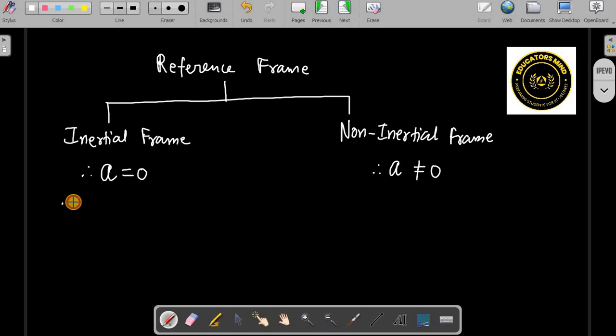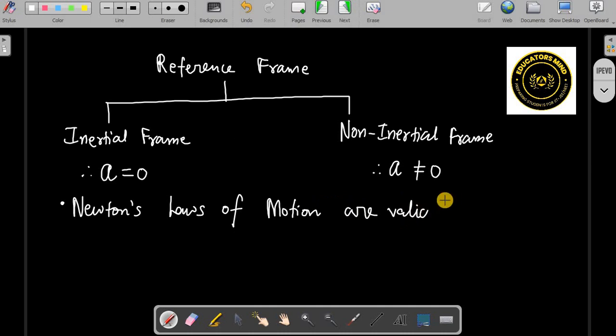Okay, so we can note that Newton's laws of motion are valid for inertial frames. The dynamics of an object in a non-inertial frame can be studied by applying the concept of pseudo force. So in a non-inertial frame,